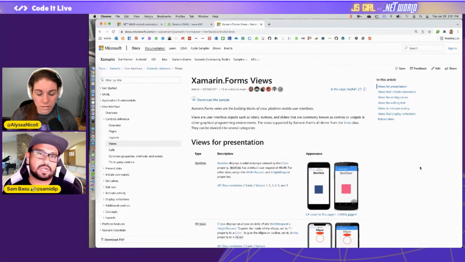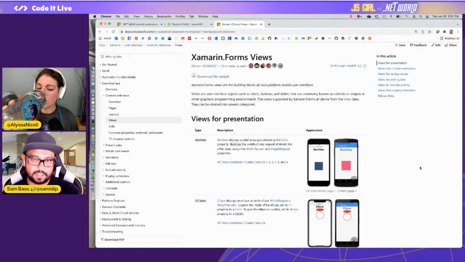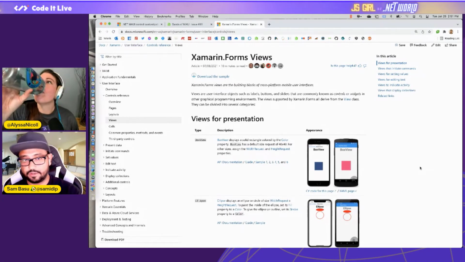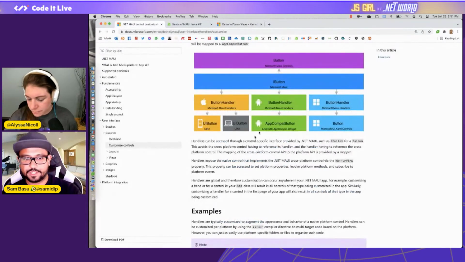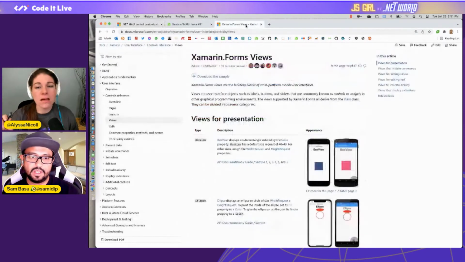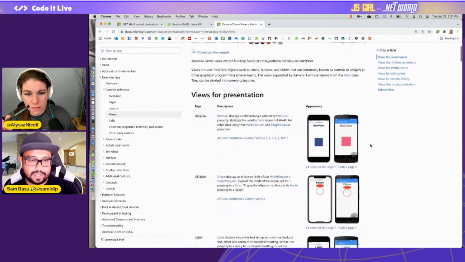But this has a listing of... Wait, you're saying you can't type these things out? You could, if you're doing Xamarin Forms, because that is the production ready version of this. Maui is not ready to ship yet. When it is, Maui docs will also have a list of all the UI components. But right now, the production ready version here, which is Xamarin Forms, has a list of all